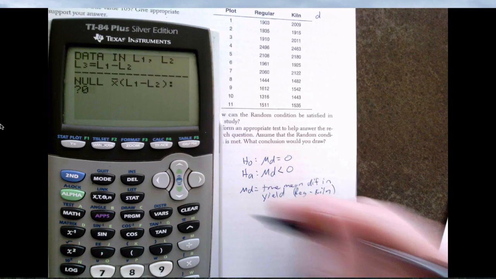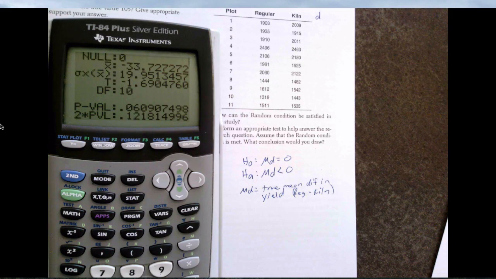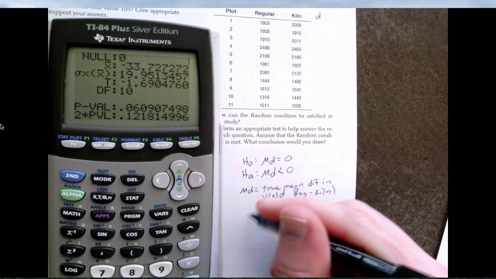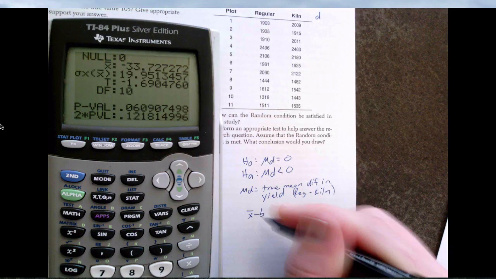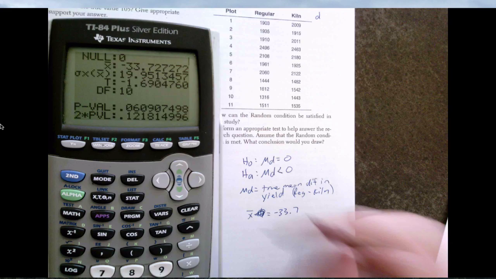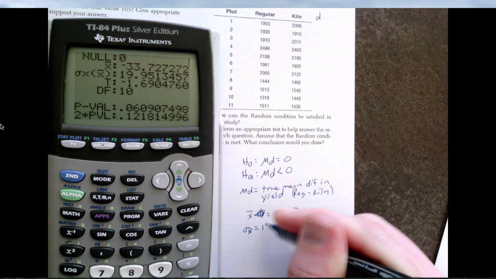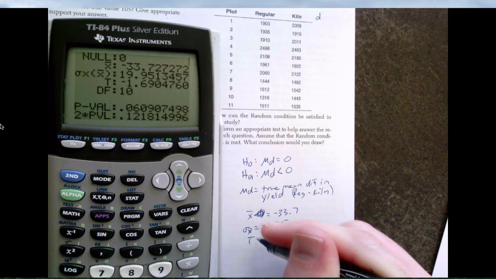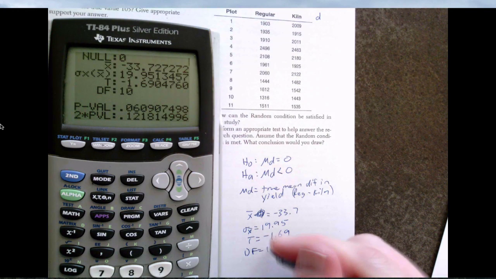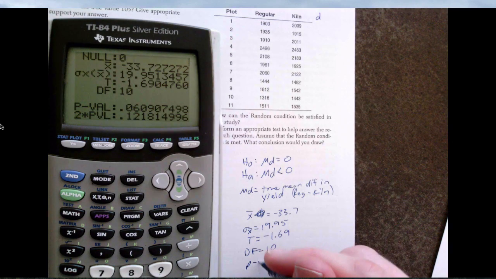All right, so let's run it. Our mean difference here is x bar equals negative 33.7. The standard deviation of x bar is 19.95. We've got a t of negative 1.69, degrees of freedom 10, and we ran it as a one-sided test, so the p-value